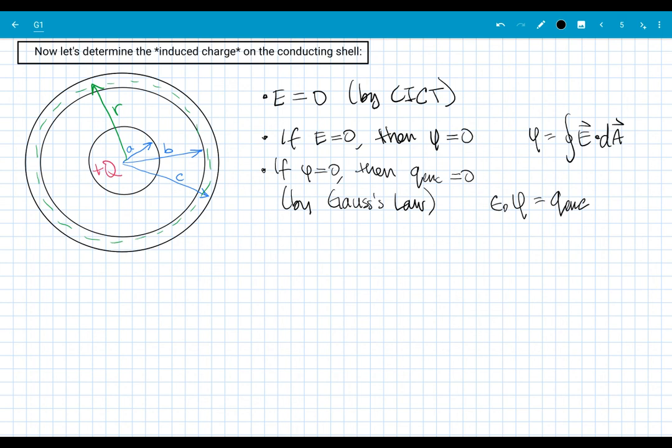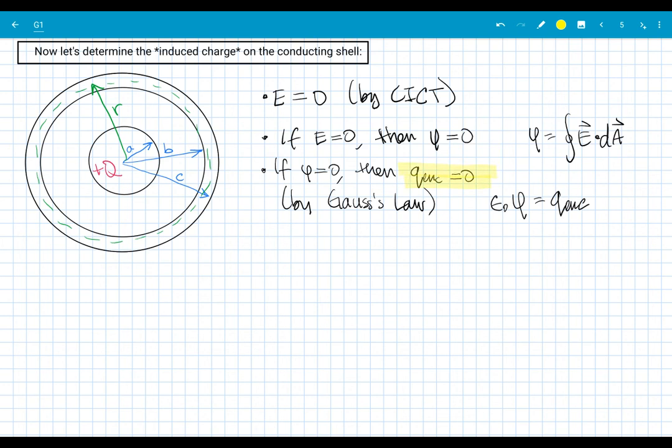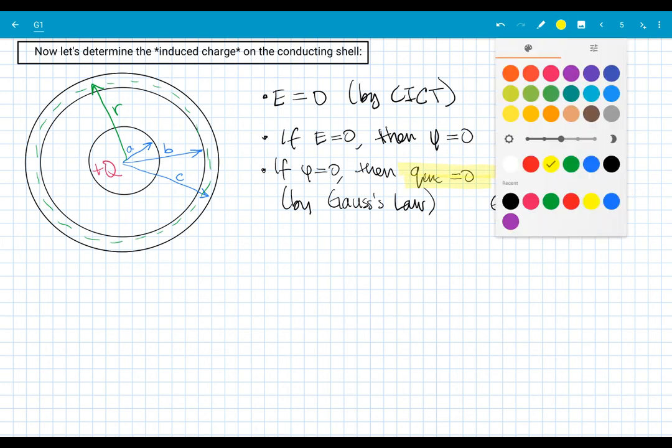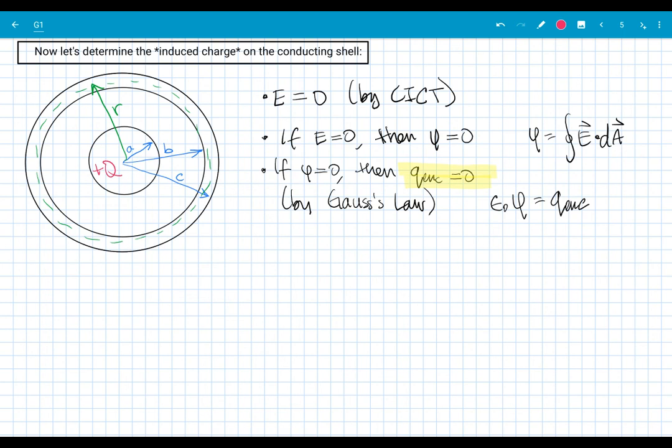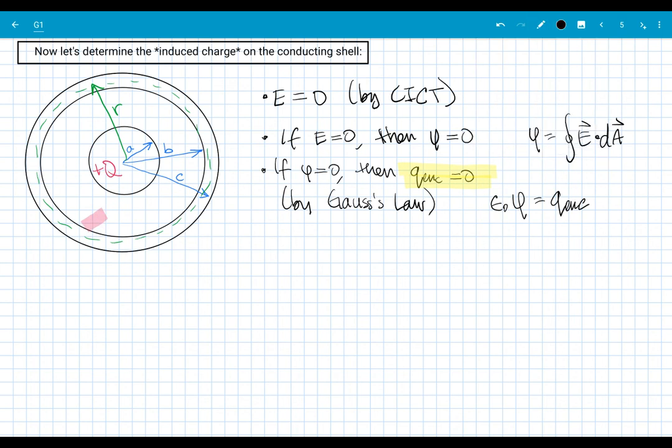All right, so a big conclusion for us is that our enclosed charge is equal to 0. This is going to help us answer the question about where the charge is sitting. So if our enclosed charge is equal to 0, look at the Gaussian surface. You have a positive big Q in the styrofoam ball. You've known that the whole time. So in order for the enclosed charge to be 0, which it must be, the logic is tight there, that must mean that we have